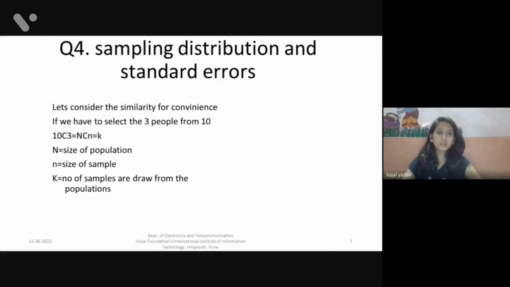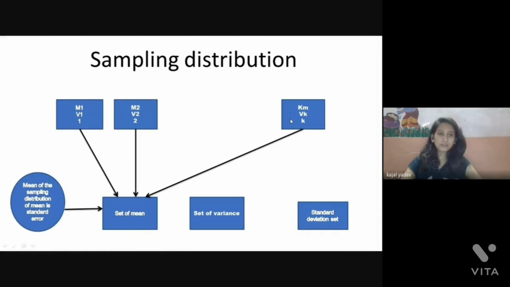So N is the population, that is the main data, and small n is the sample, a small part of the population that we have created, equated with a constant value, k samples. So the number of samples drawn from the population is the k value.